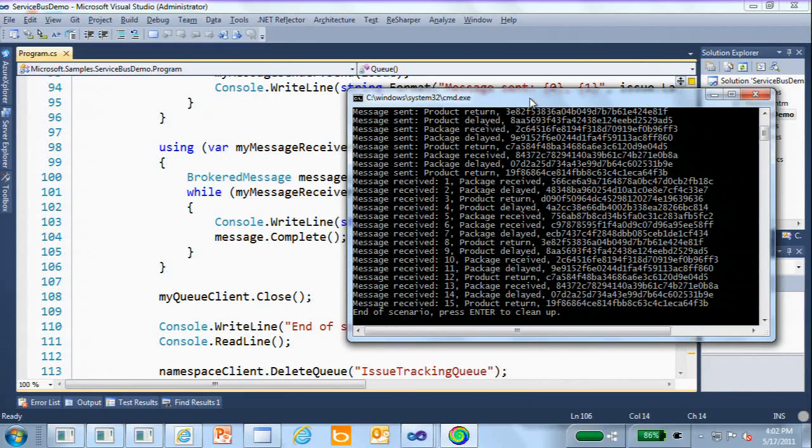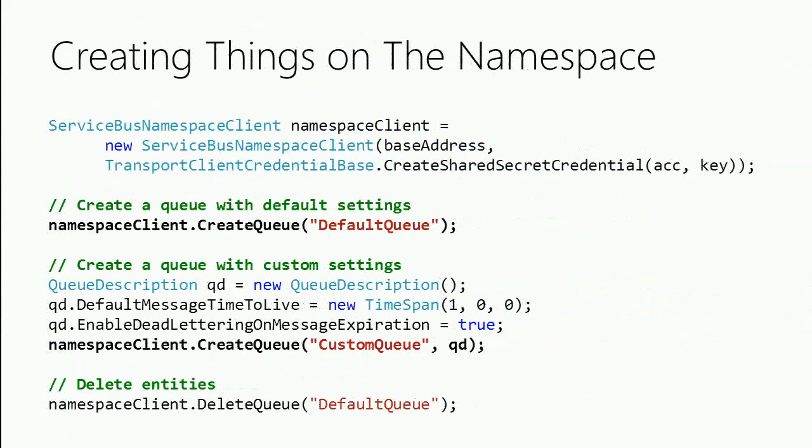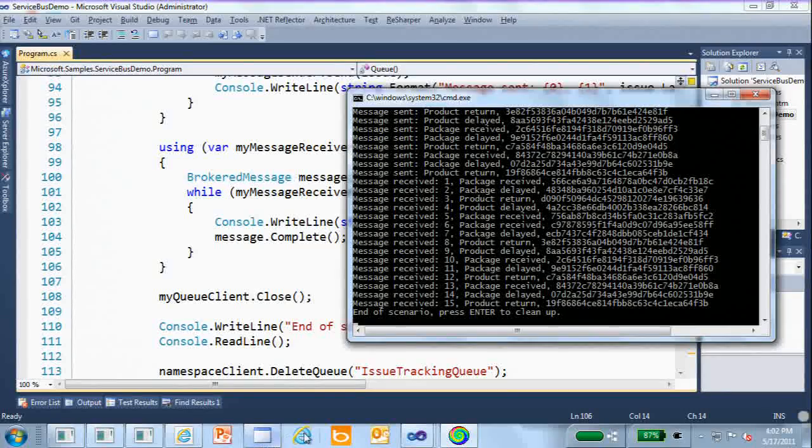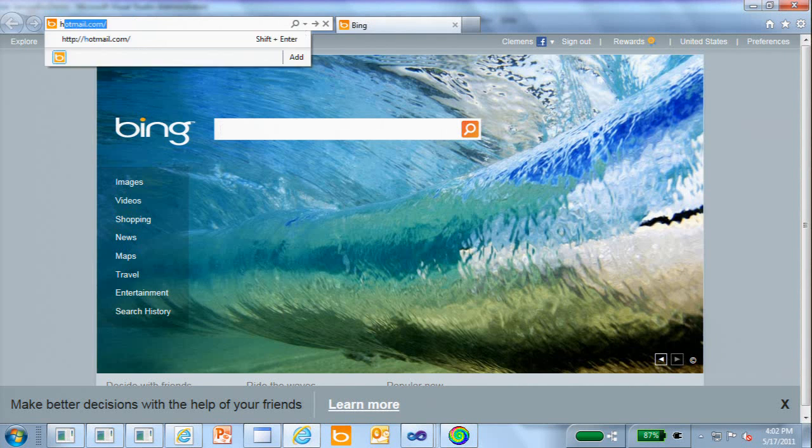So let's go and look at that again. There's the namespace client, right? The namespace client is used to create the queue, and also to create topics and delete topics. The namespace client has all these different operations, and it operates against that namespace. As I said earlier, this infinite structure of all names that can ever exist already exist. The namespace is also something that's showing up using REST. So if I go into my browser, I can go against my namespace,